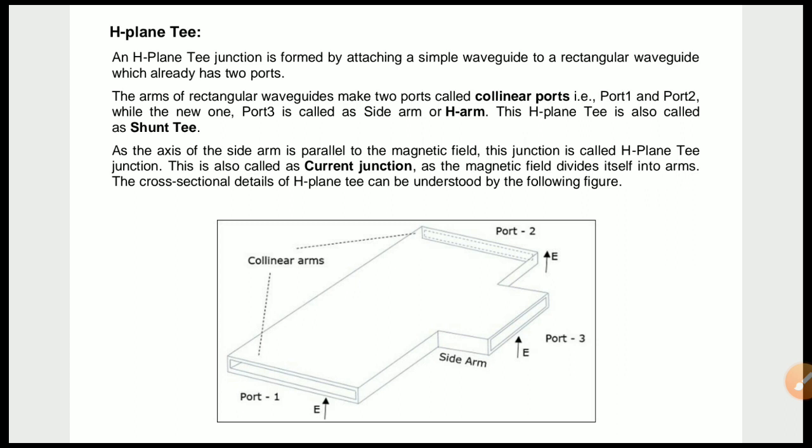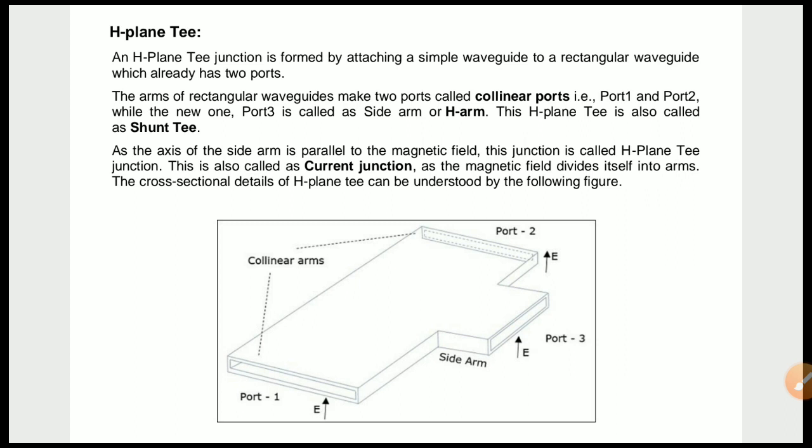So please remember, in the examination if a question is asked on the E plane T or H plane T, you have to write the description, draw its diagram, its working, and along with that you have to derive the scattering matrix. Till the last matrix, you have to find out the scattering coefficients. I am not explaining this here, I just want to introduce these three types of Ts. So please be prepared along with this for the derivation of the scattering matrix.